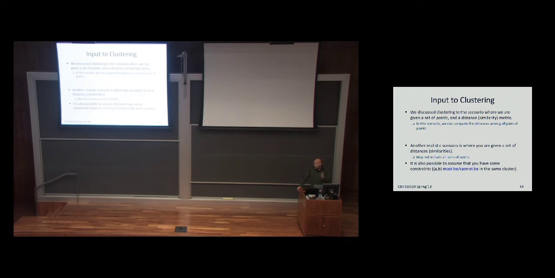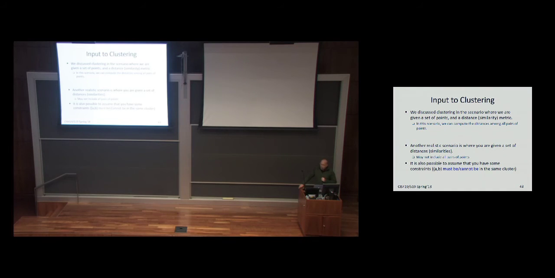It may not be the case for many reasons, either because no one gives you a distance metric, people just give you distances between some of the points. It could be because you have way too many points and you cannot afford computing the distances between all of them, and could be other reasons. So some other scenarios include a set of points where a subset of the pairs have distances between them,